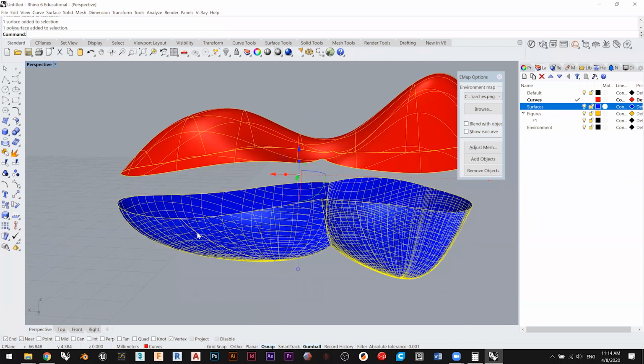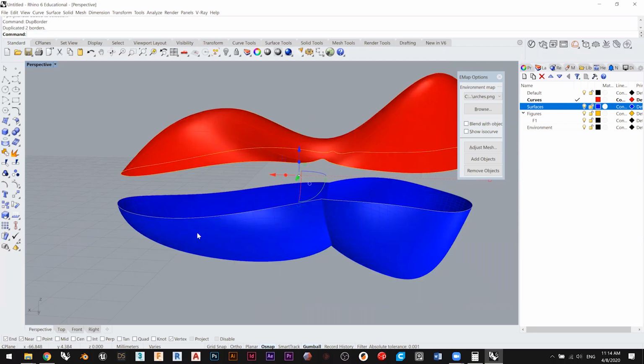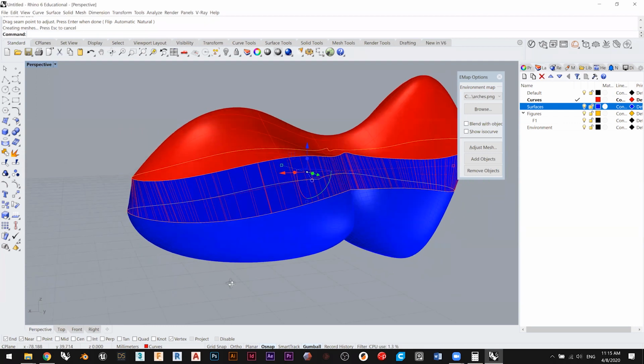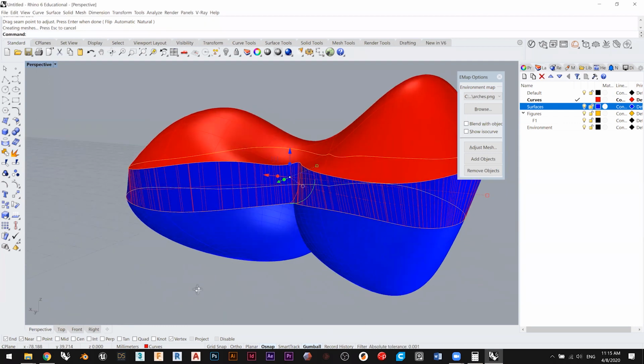What if we duplicate border, loft, loft this, delete,